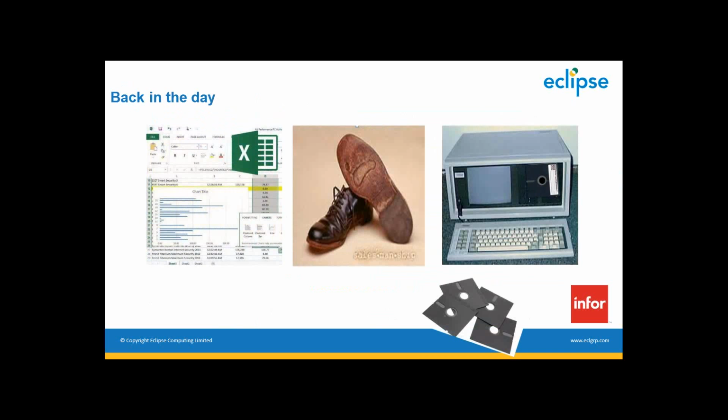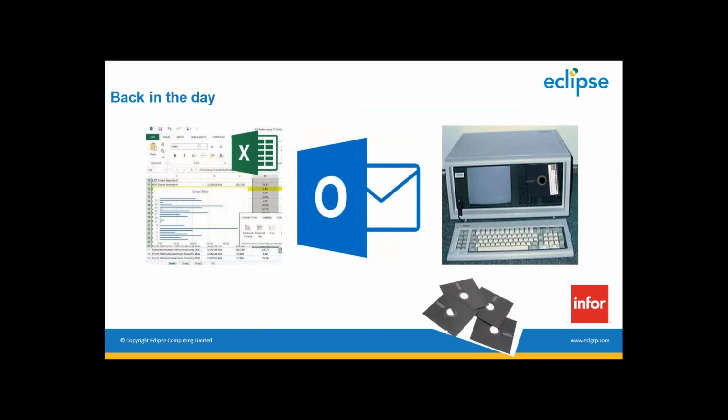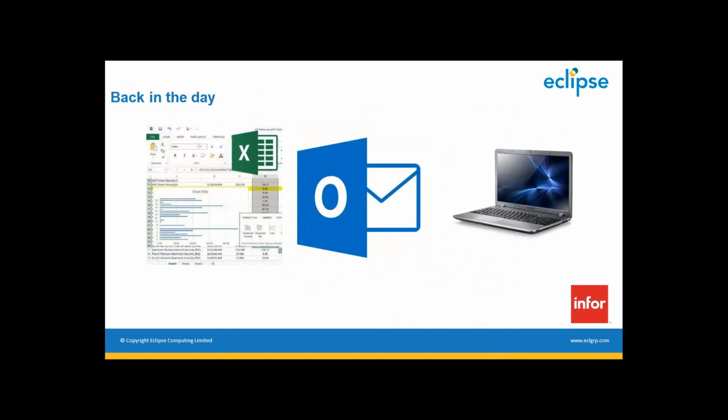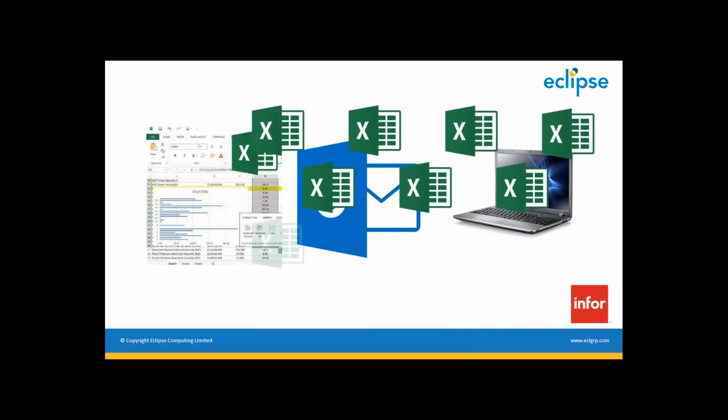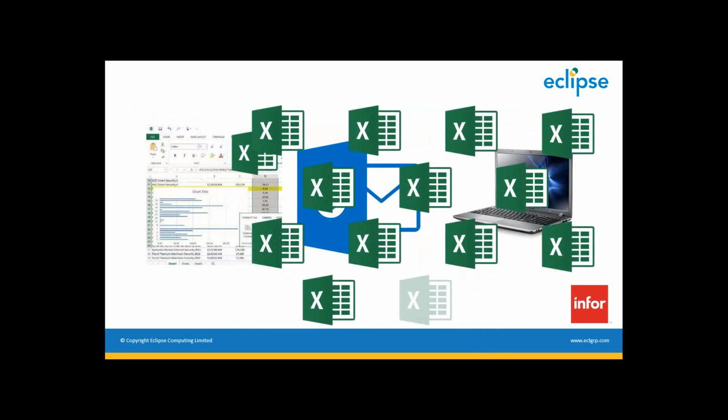So conceptually, things haven't really changed. Other technology has moved on. I suppose we use Excel spreadsheets. We email those spreadsheets around the organisation, getting back various versions with our new laptops or tablets nowadays. But what ultimately happens is that all this information ends up in multiple spreadsheets, and this is, we find, very typical of organisations, perhaps at the forefront of their markets from a technology perspective in terms of operationally